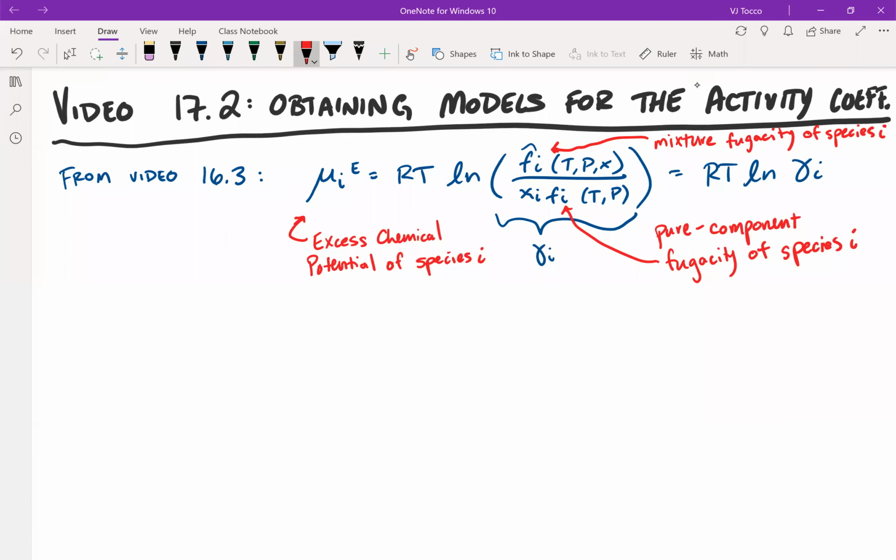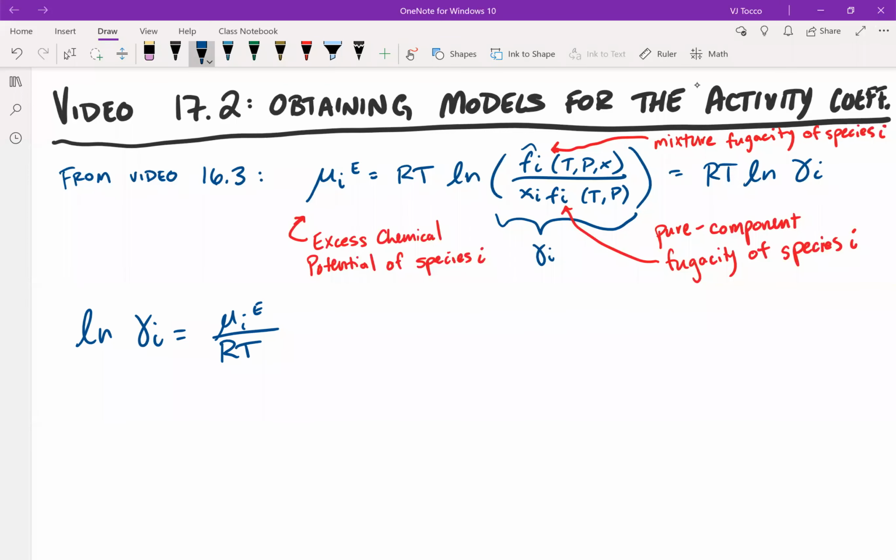And also recall again that the mixture fugacity of species i is a function of temperature, pressure, and the composition, while the pure component fugacity of species i is a function of temperature and pressure, not the composition, because pure component fugacity assumes that the composition is 100% species i. So by rearranging this equation, we can obtain the following. We can say that ln of gamma i is equal to the excess chemical potential of species i divided by